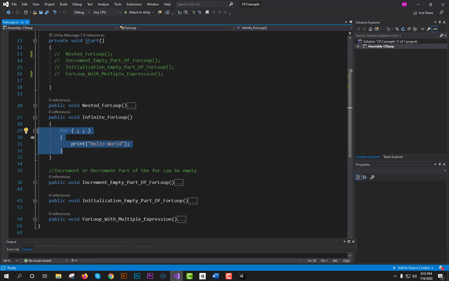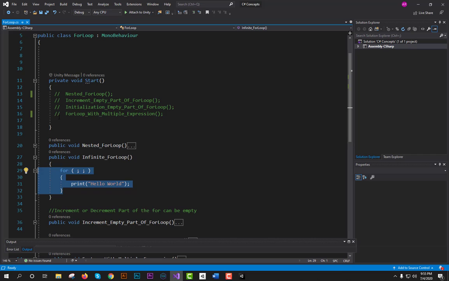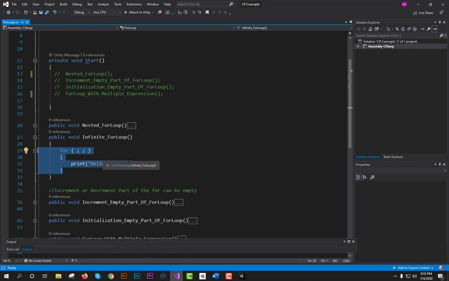So that's the reason I will not run the infinite for loop, because I don't want to crash my app or my Unity. You have to try it, because I have already tried. And this is the template of the infinite for loop. You just have to specify two semicolons and then the statement.